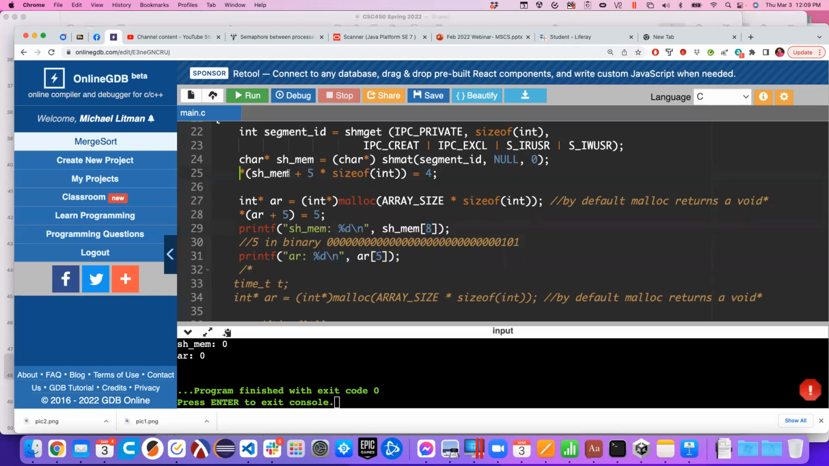So this is shared memory plus 5 times size of int, which is going to, so hold on, I'm writing my code. I want to make sure this is compatible with what I just did, because I showed you this is number 5 in binary. But if I say size of int here, that's going to take enough steps. So I don't want to do that. I want to say shared memory plus 5 bytes, and I'm going to put a 4 there. So actually this value is